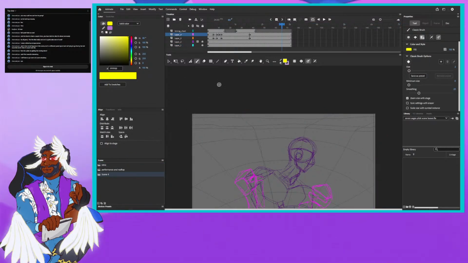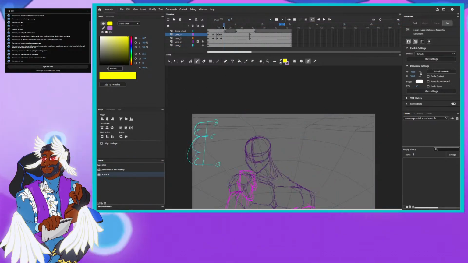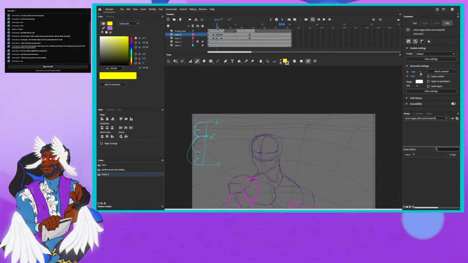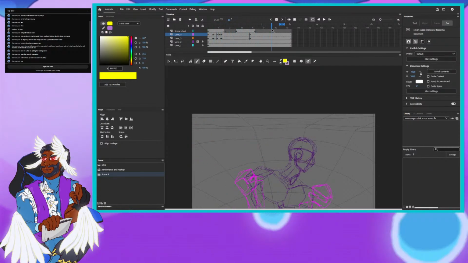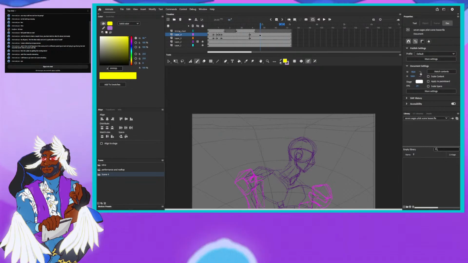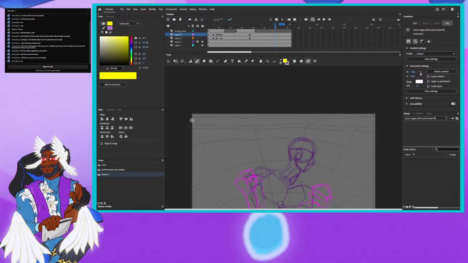And let's do scene 4 real quick. I think scene 4 is pretty good. All I need to do is just in between this. And then because I don't want to